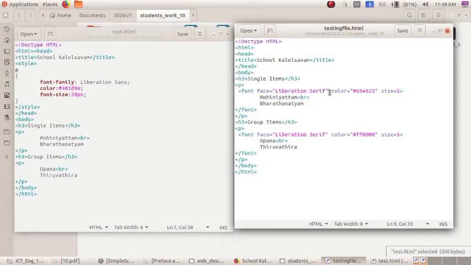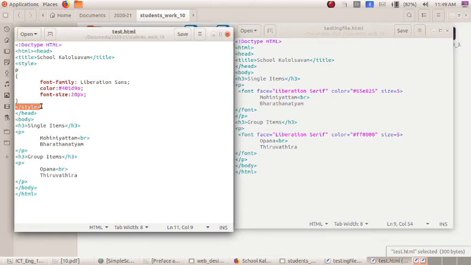Then color colon hash, then the color code, ending with a semicolon. Then here we gave size equal to 5, but here font hyphen size colon 20 px. Then put a semicolon. Then we have to close the curly bracket of this P. Then close the style. This is the closing tag for style.